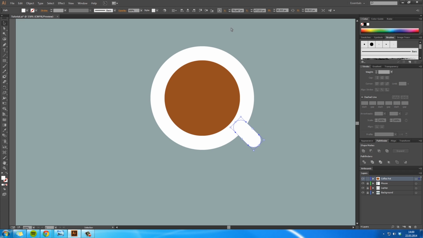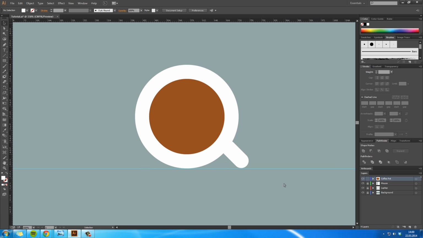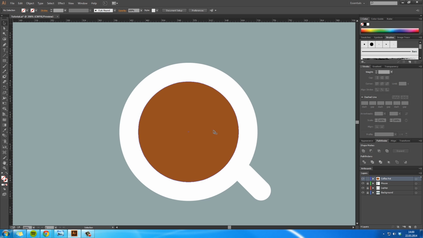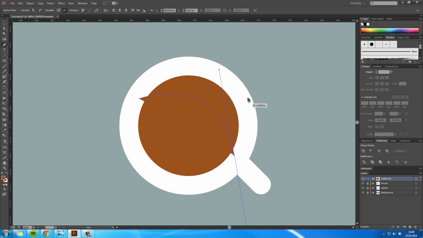So grab a guideline by pressing Ctrl R and dragging it down, and make sure to align it pretty well so it's, yeah, again, very uniform and aligned, because the flat design is very clean. Now grab your pen tool, make sure to have a nice angle right there. Go around our shape, then change the color to